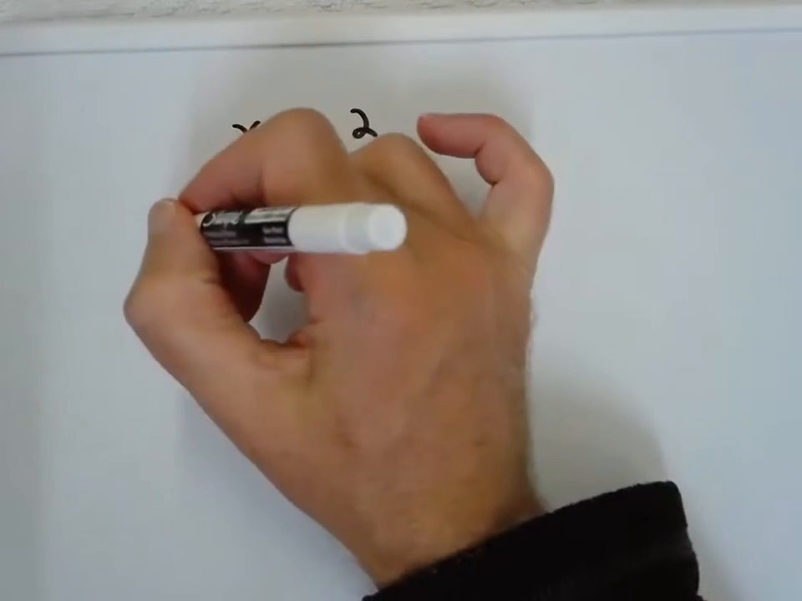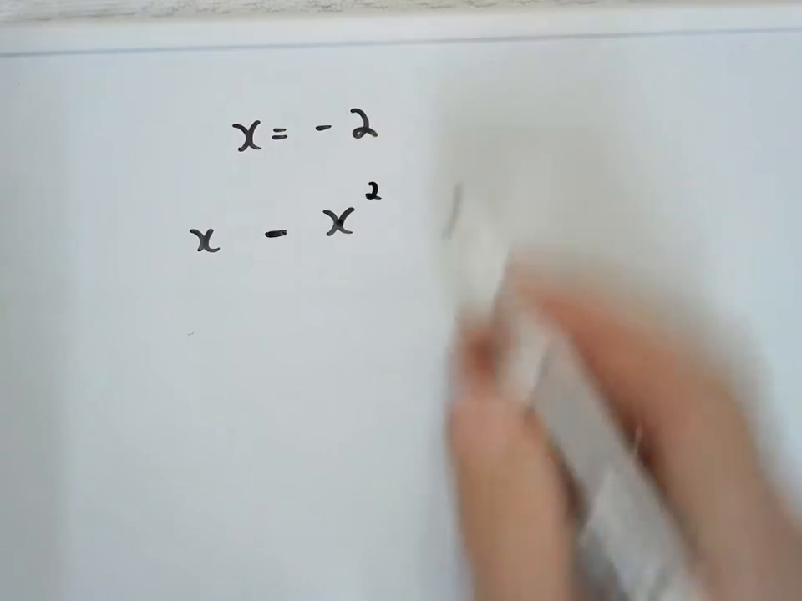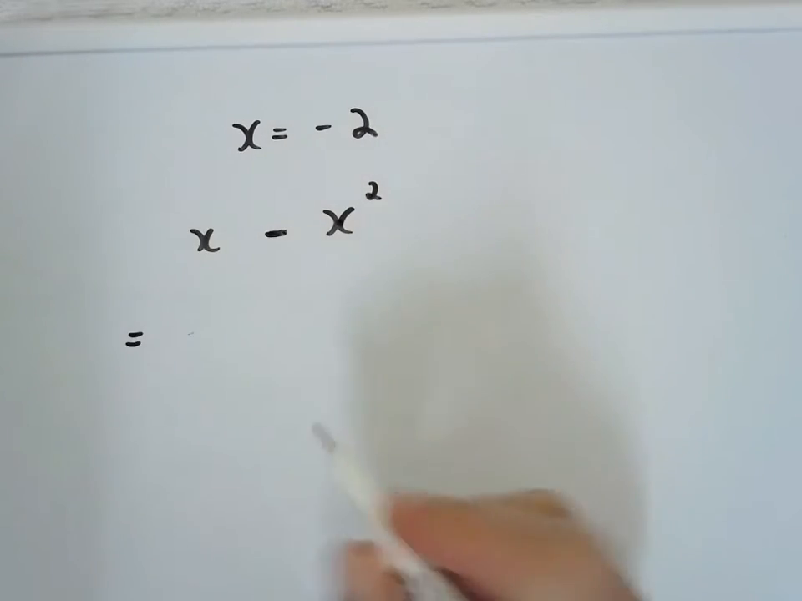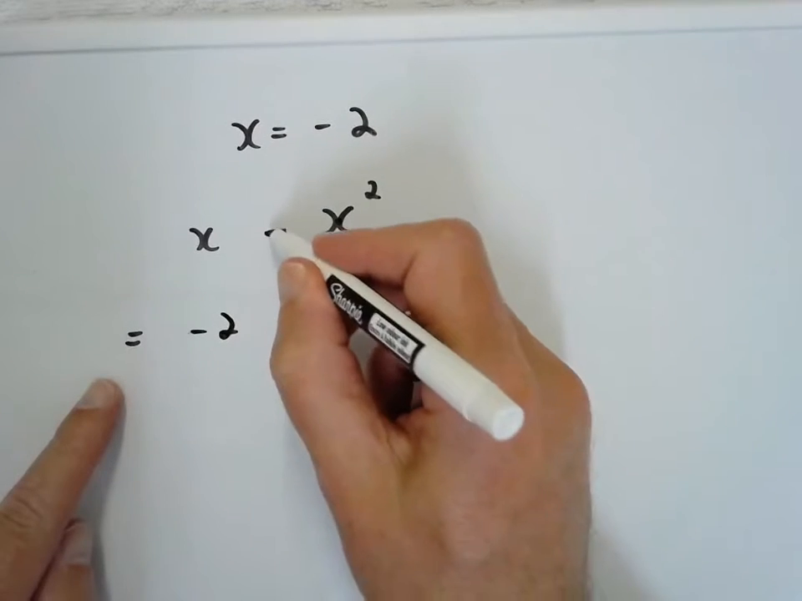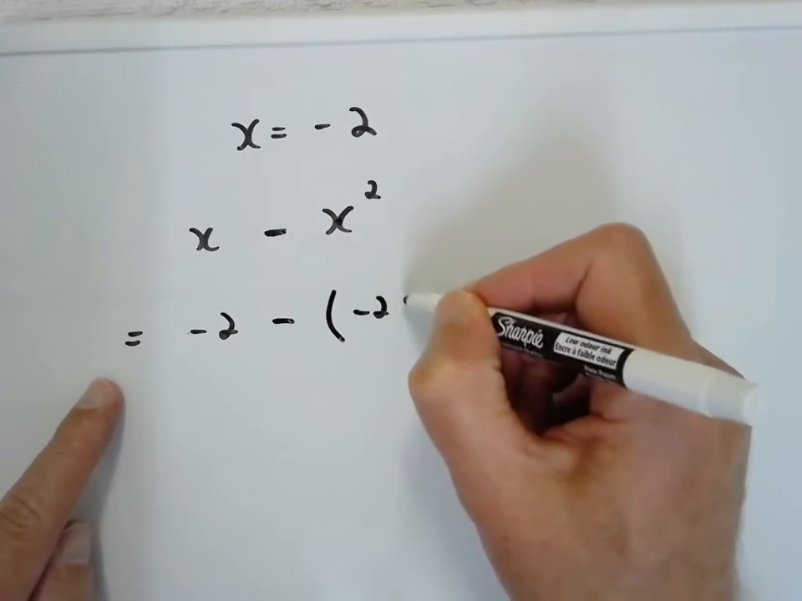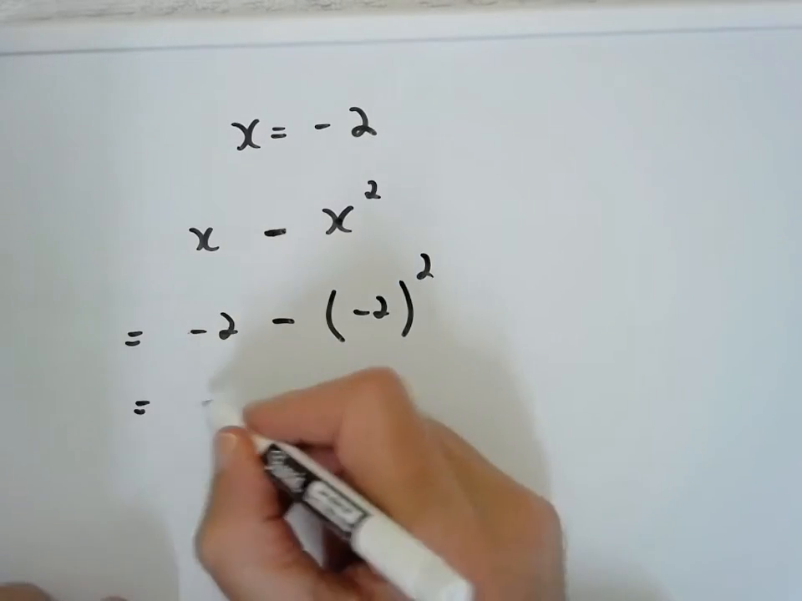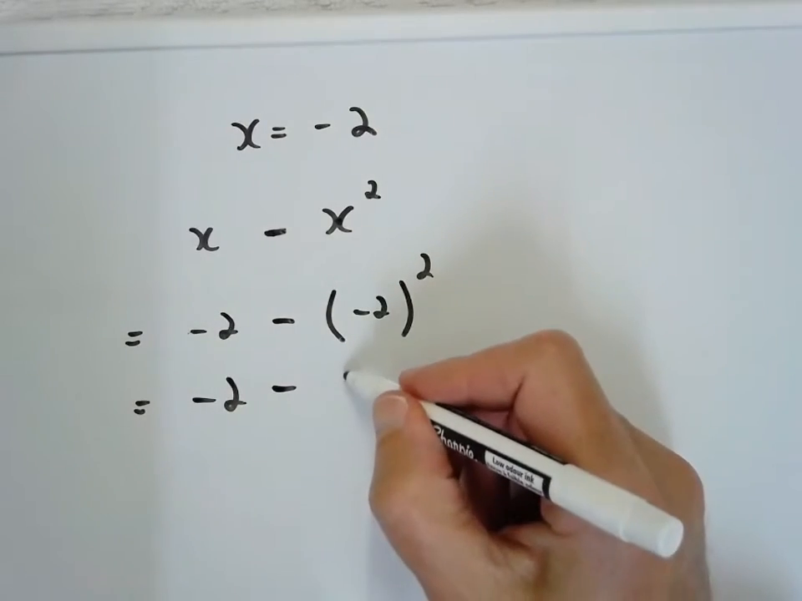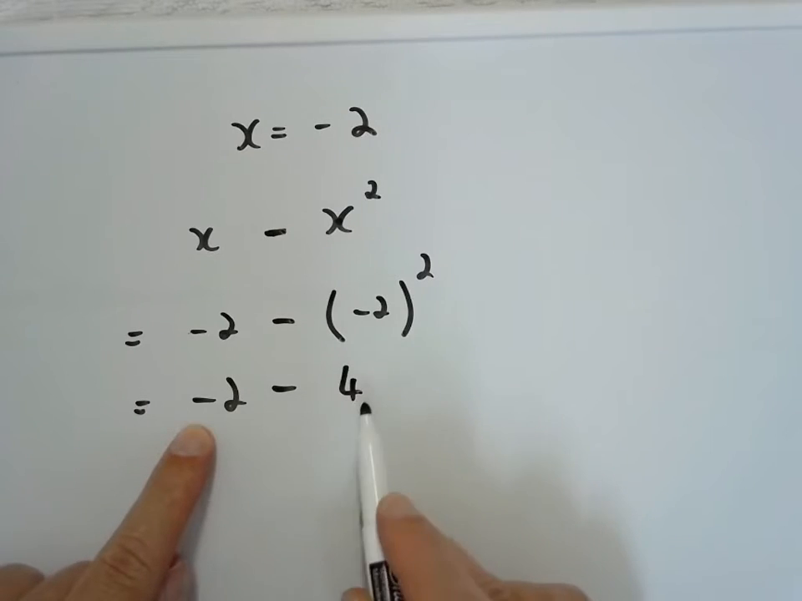One little extra bit. What if it's x minus x squared? What's our x? Our x is -2. Then we've got a minus, and then we're going to square all of -2 squared. -2, here's my minus. What's -2 squared? We worked out before that that was +4. -2, subtract 4 is